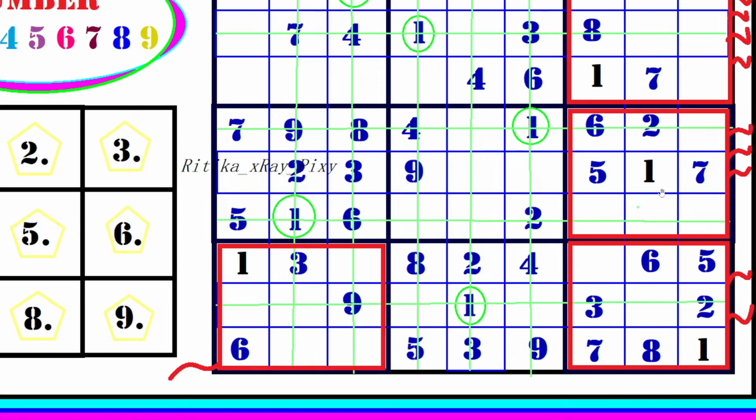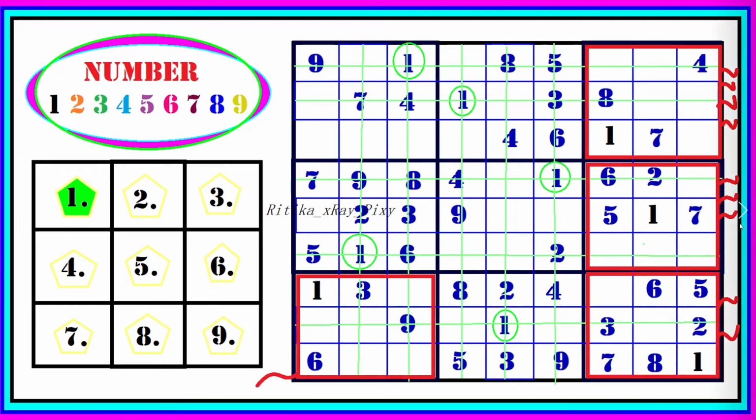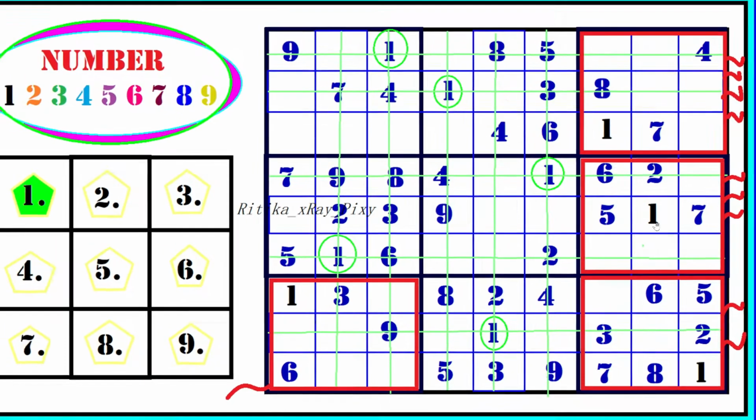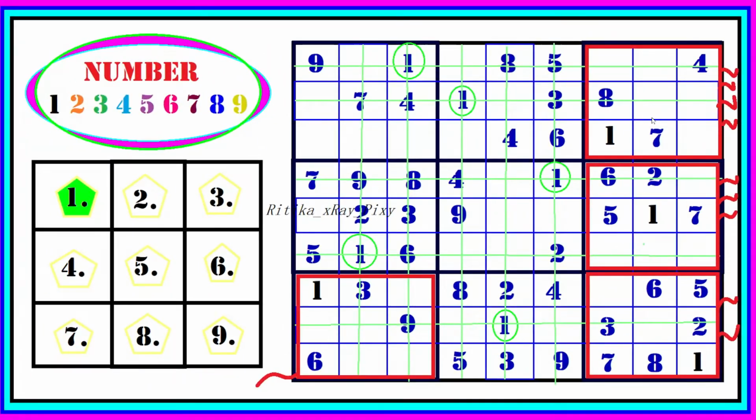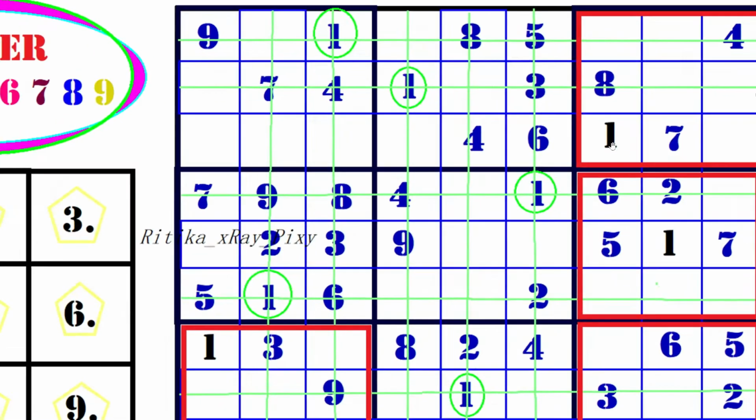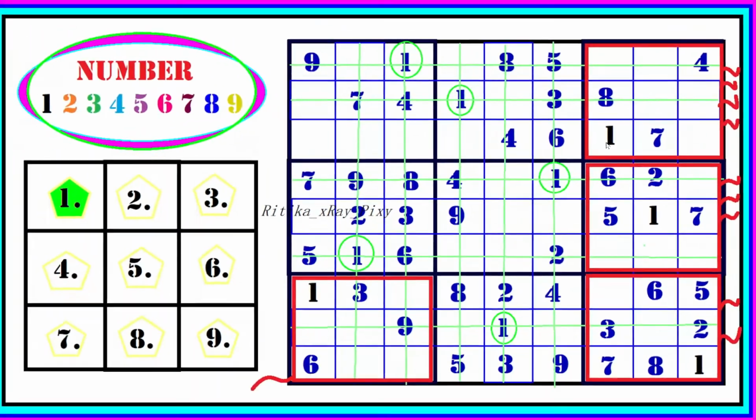For 6th block, again you can see here we have one location, so place 1 here. Now for 3rd block we have 2 locations, but as we already placed 3 in the 9th block, so in the same column we cannot place the digit, so here we have just one location, this one.